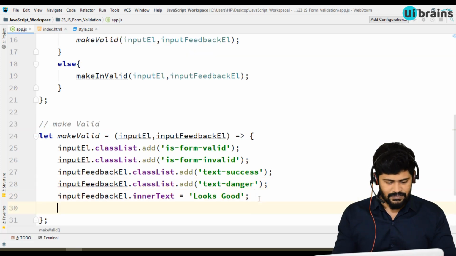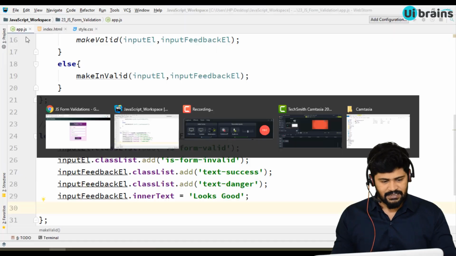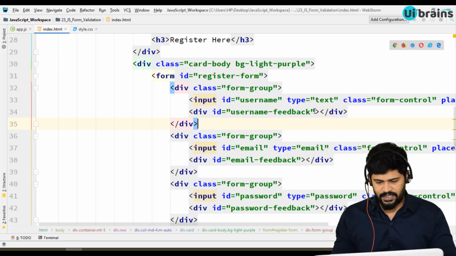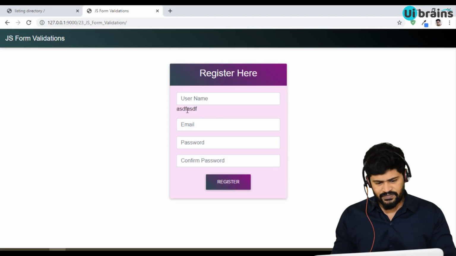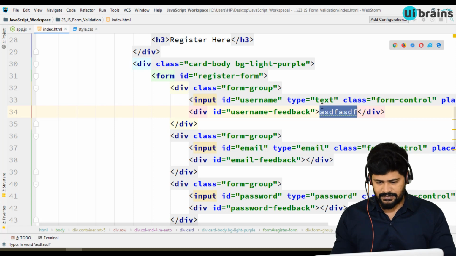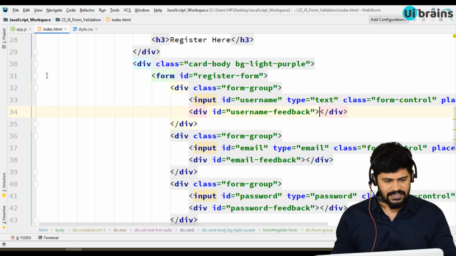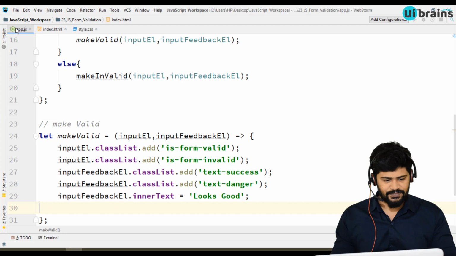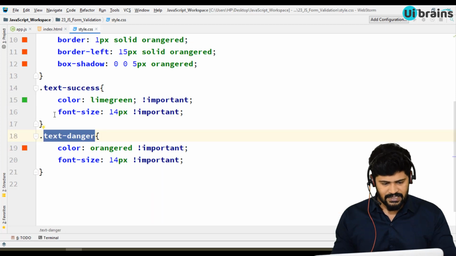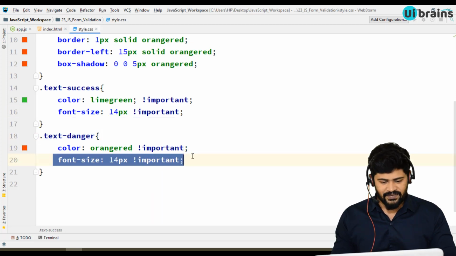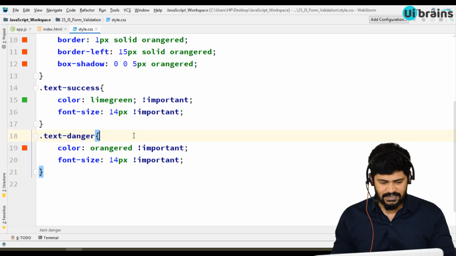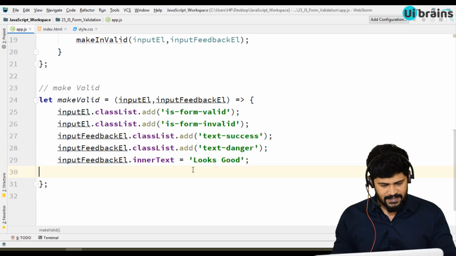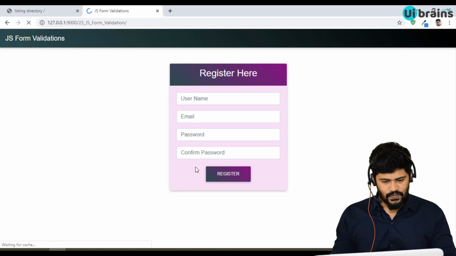Let's also reduce the font size a little bit, because it seems a huge font size. Actually, I think we already made the font size, right? Yes, we already made it, so no issue. Fine, so we got it.